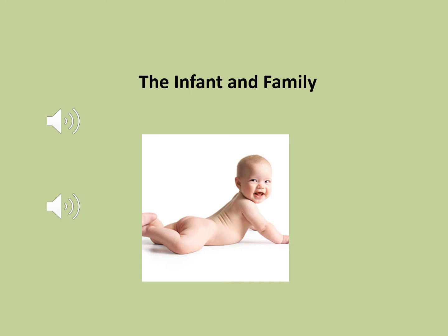If you don't know what normal patterns of growth and development are, and what is expected for the infant, the toddler, preschool, school age, or adolescent, then it's kind of hard to address any questions or concerns a family may have. So, we're going to actually start with why growth and development is so important, and that's starting right with your infant notes. With growth and development, we need to have that knowledge and what that sequence is, and that's so the nurse knows